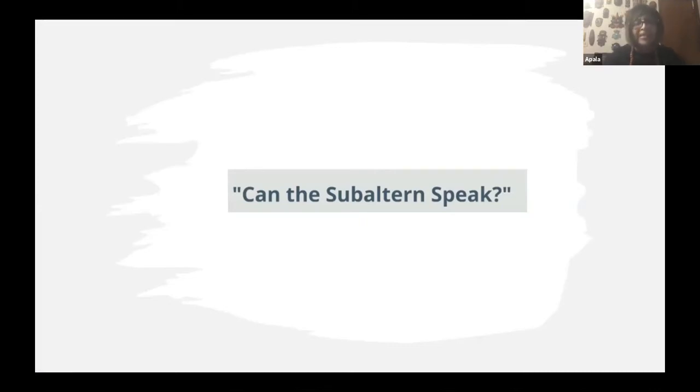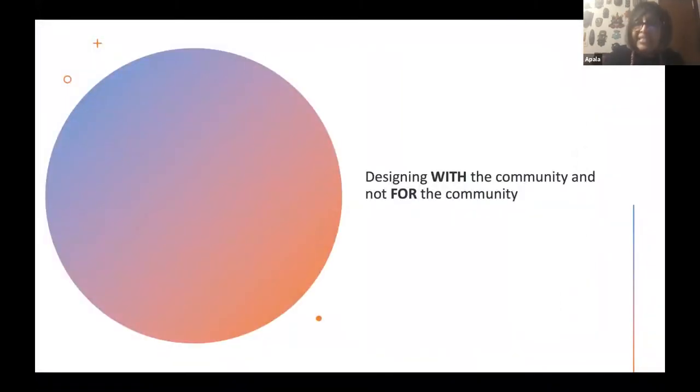And I strongly believe design is one of the very few disciplines that can make it happen. And so what is it that should be done differently? Well, one is we've got to design with the community and not for. In inclusive design, in universal design, we design for a community, but we are the experts. We come, we listen, whether deeply or, depending on how much time and budget, whatever it is, but we listen, and then we privilege our own creativity, and we come up with solutions.